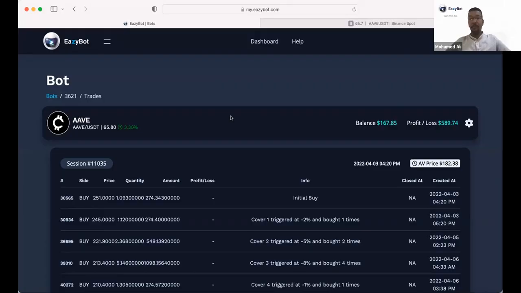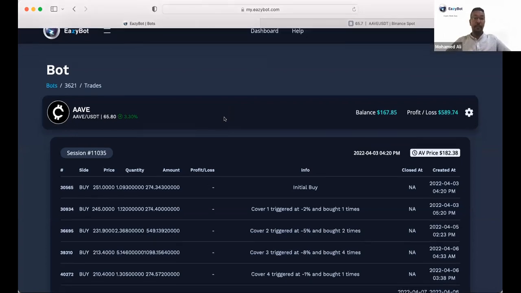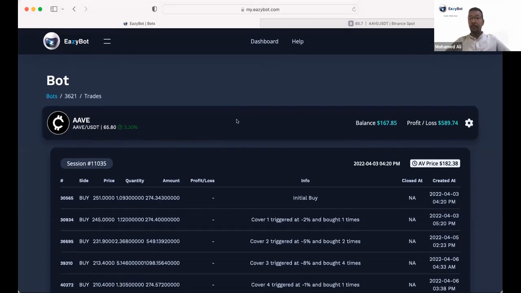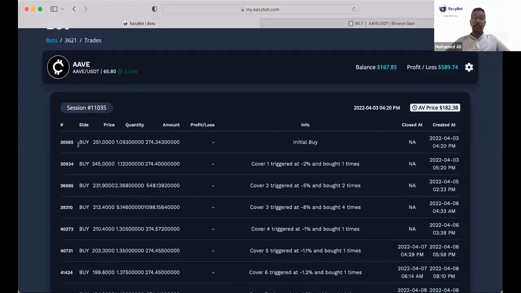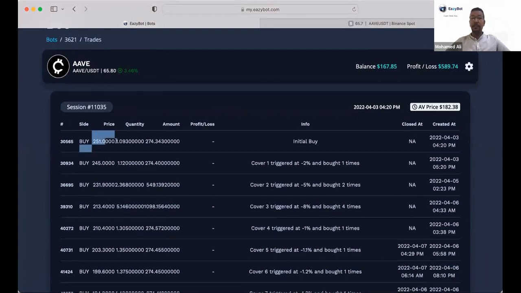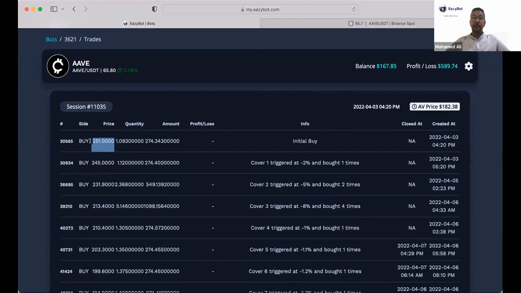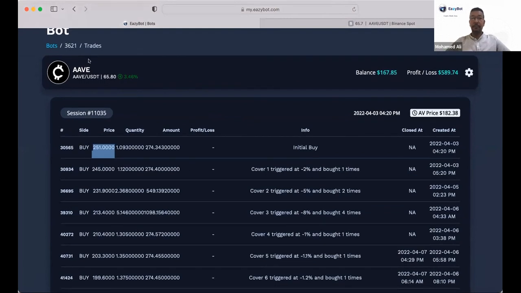Now I'm going to see how this strategy has worked in real life, in a real account. I'm going to check one coin that we have been following for quite a long time. Yes, here we go. It's AAVE. Maybe most of you are familiar with this coin and this specific bot. The amount invested in this bot is 8,100. And when we started this trade, the price of this coin was